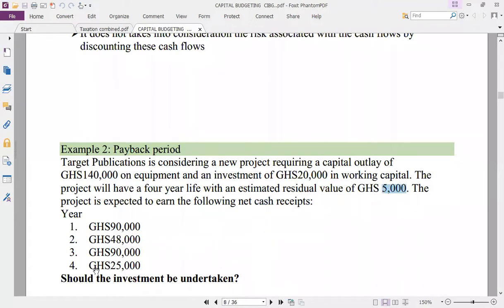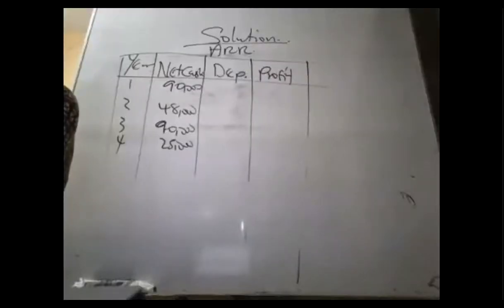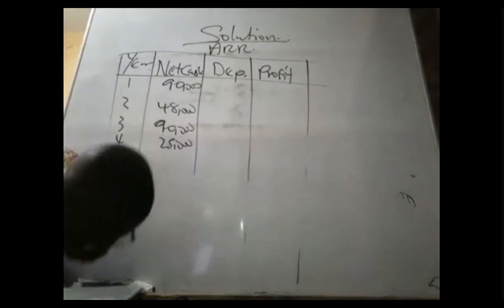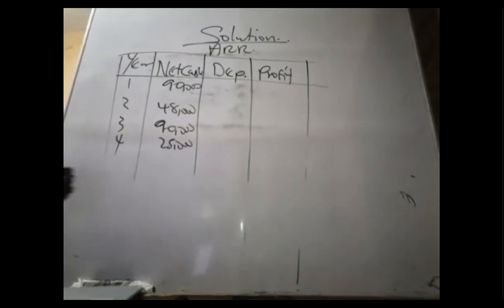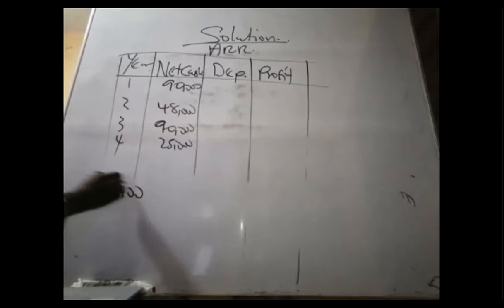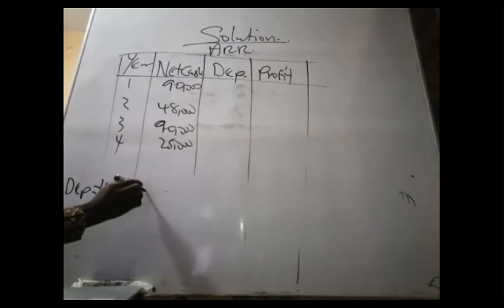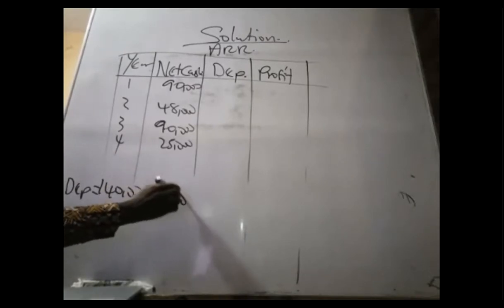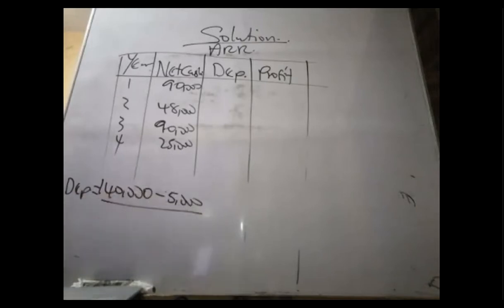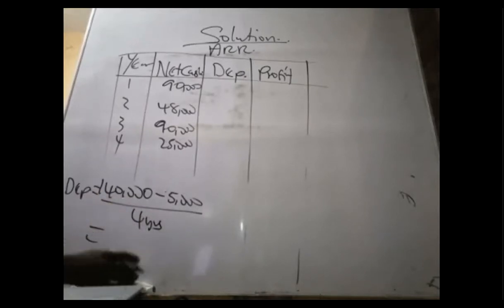What's the project life? 4 years. So our depreciation will be 140,000 minus 5,000, divided by 4 years, and this will give us